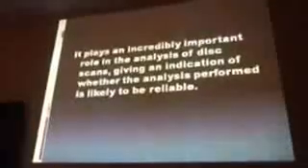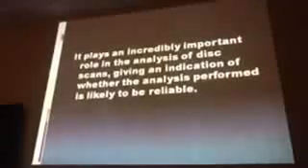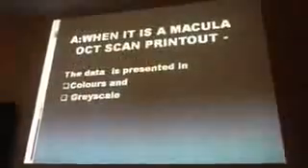The OCT scan produces both A scans and B scans in its optics. This shadowgram plays an incredibly important role in the analysis of these scans, giving an indication of whether the analysis performed is likely to be reliable. In a reliable scan, the shadowgram will appear sharp and will show no signs of fixation errors or blinks. Fixation errors, blinks, and poor scan quality will all result in reduced diagnostic accuracy. Therefore, the scan should be repeated if any of them is detected.